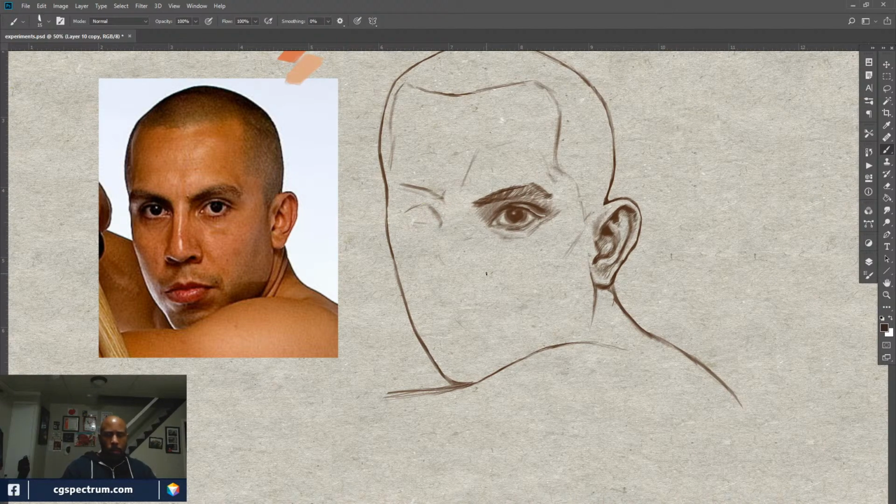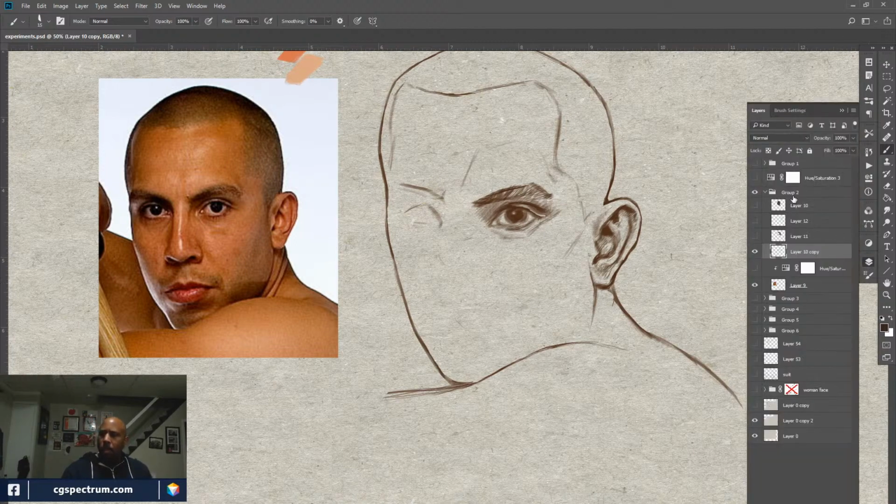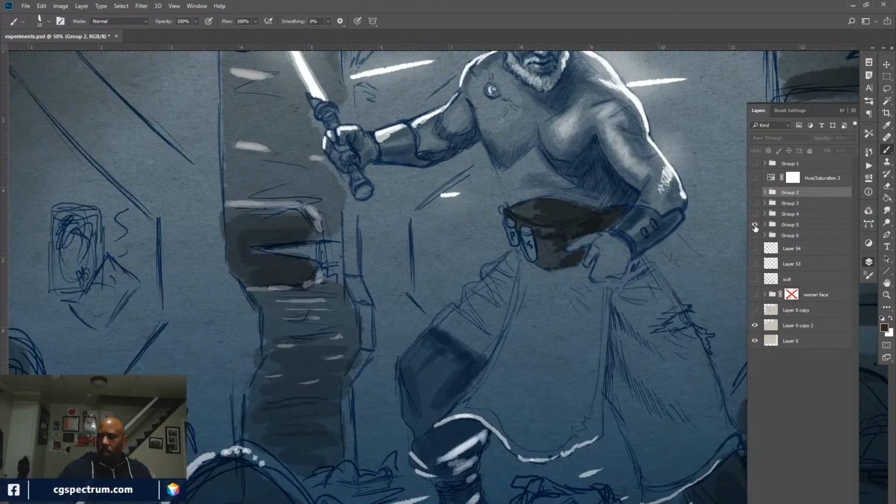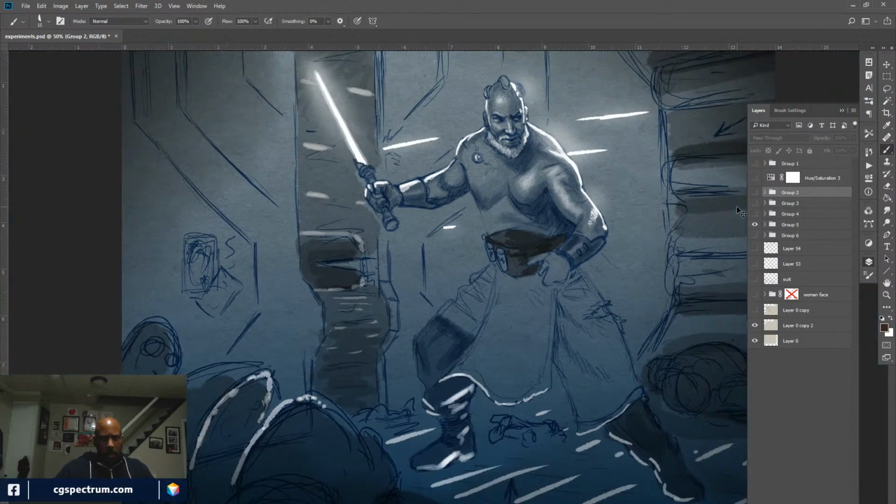So next week I think is my last before the school's break. And I'm going to go back to the Star Wars one that I had done. I really want to do this as a full finish. So I think I'm going to dive back into this and continue working out the design of the armor, not armor, but costuming details, the lighting,